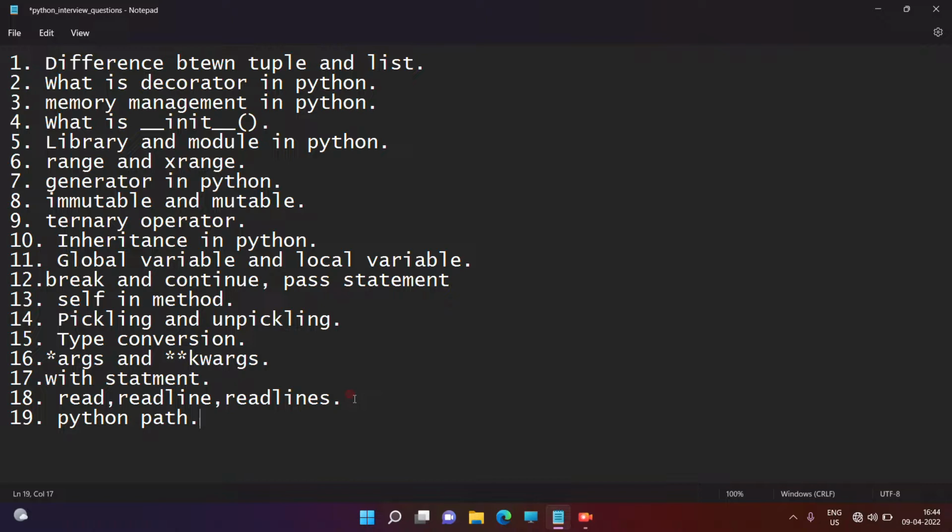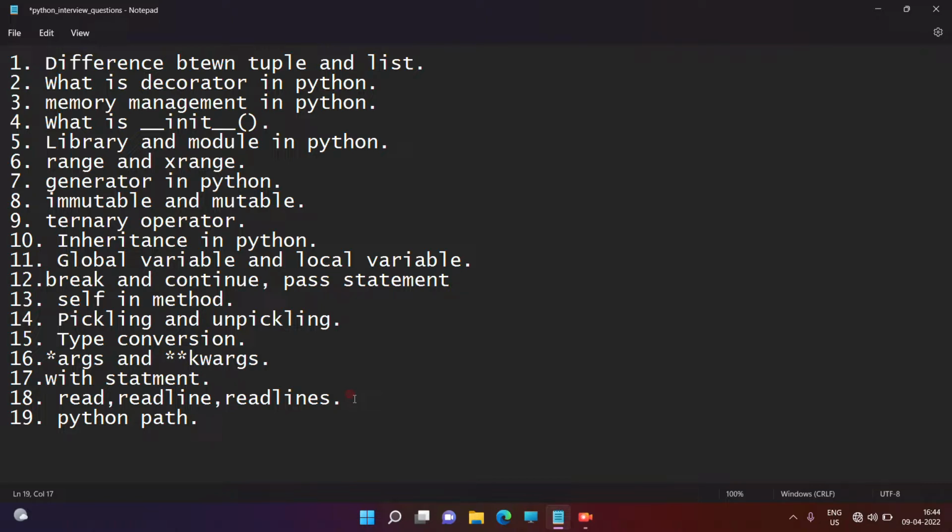Python path is an environment variable path. Python path is a system environment variable path, and we need to set this path during installation of Python. What is the use of this path? By using this particular path, we can import an existing module, and also we can install a new module from one file into another file. Also we can access a particular module's identifiers and classes from one module to another module.